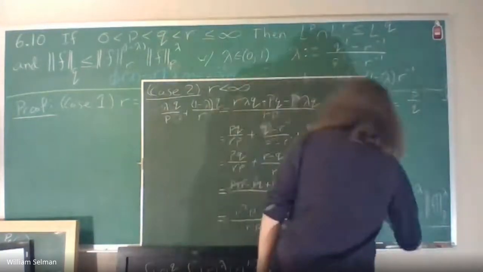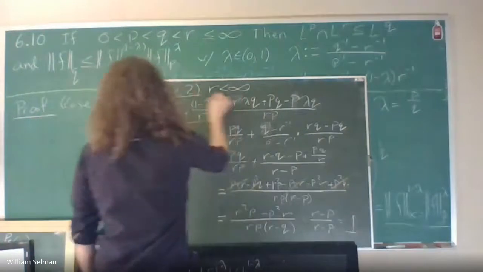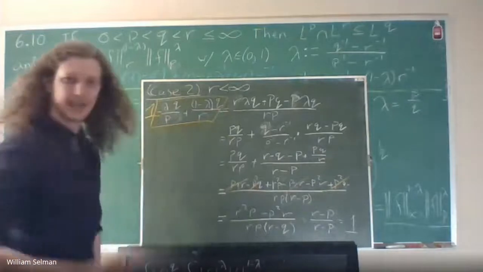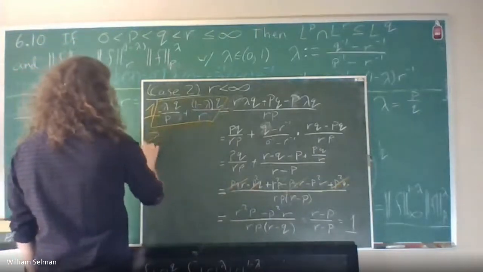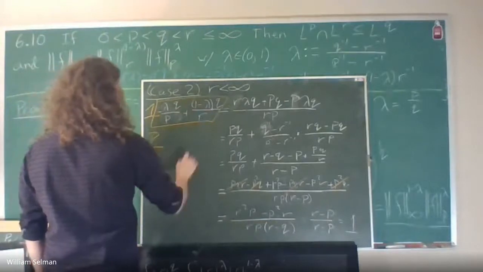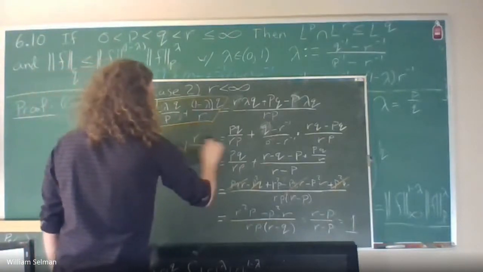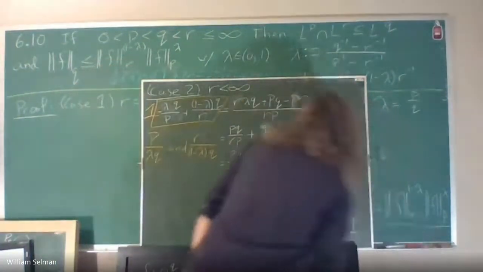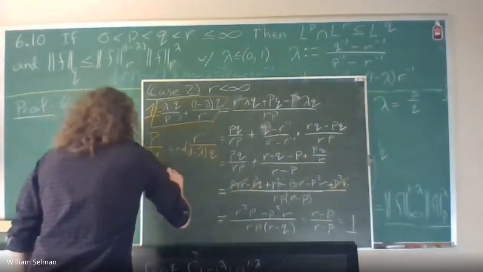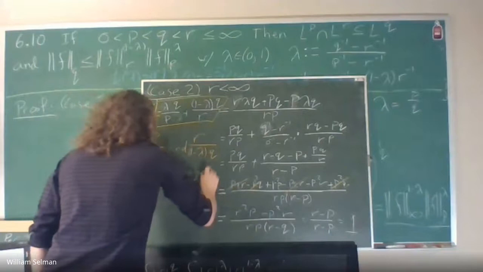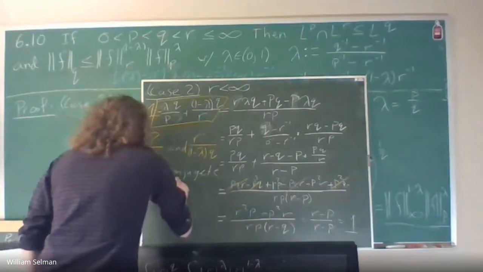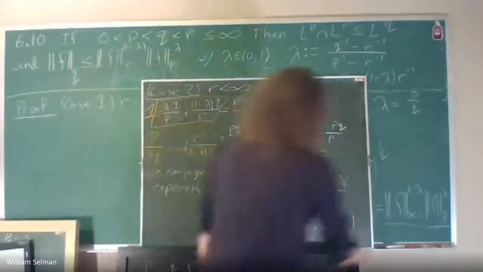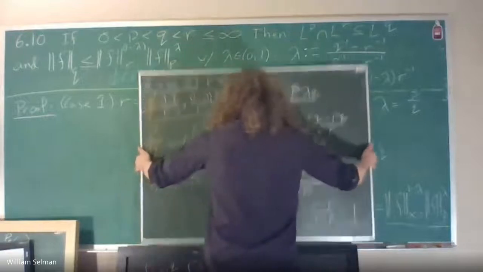So this thing here is 1, which tells us that p over lambda q and r over 1 minus lambda q are conjugate exponents. Which will allow us to use Holder's identity. So now that we have that those are conjugate exponents,